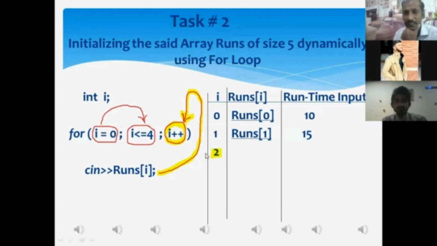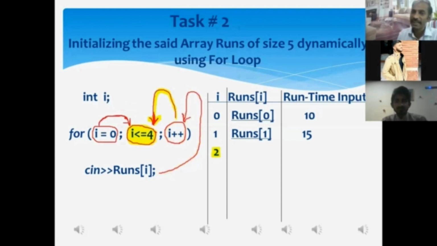Now another question, quickly, my dear. After the execution of the increment statement, the control of execution will be shifted to which statement? Sir, condition statement. Okay, condition statement, my dear. Over here, what is the current value of I? Sir, 2. Okay, if we place the value of I in the condition, what will this condition become? Sir, 2 less than or equal to 4. Okay, it will look like this.